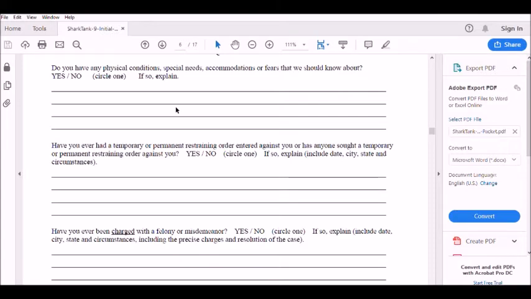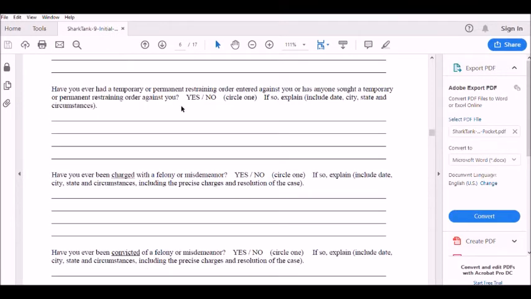Have you had a restraining order? Are you behind on your child support? Have you been either charged or convicted of a felony or misdemeanor? There can be instances where this does not necessarily disqualify you, but you better darn well tell the truth. They're going to find out. There are people who have had to answer yes to these and still gotten funding. What they're looking for is viability of the business, how long ago these things might have happened, and more, if they're going to put money in, are they going to get their money back out?